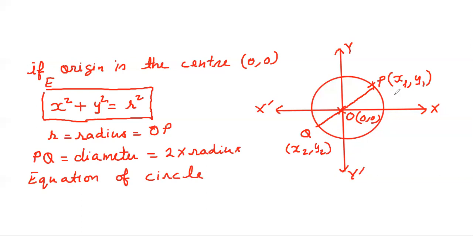If the points x1, y1 and x2, y2 are given to you, then the equation of the circle will be (x minus x1) multiplied by (x minus x2)